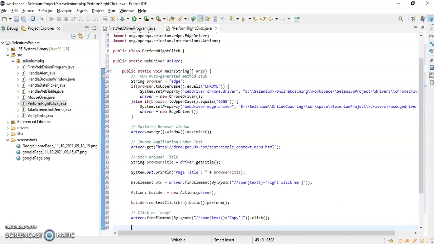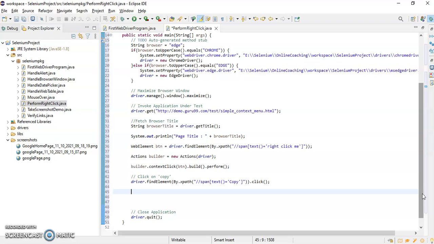As soon as I click on that particular copy, one alert is appearing, right? And we have already seen how to handle an alert. So we have to take the help of Alert interface. I'll write here Alert alert is equal to driver dot switchTo dot alert, right?